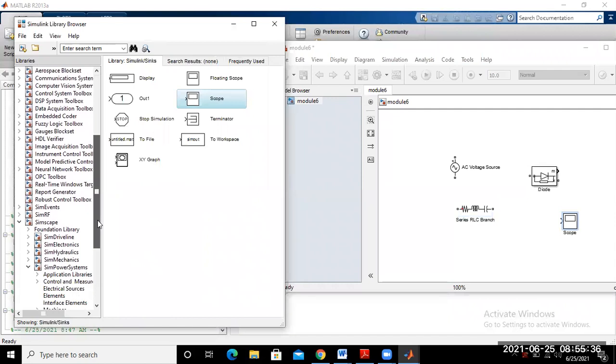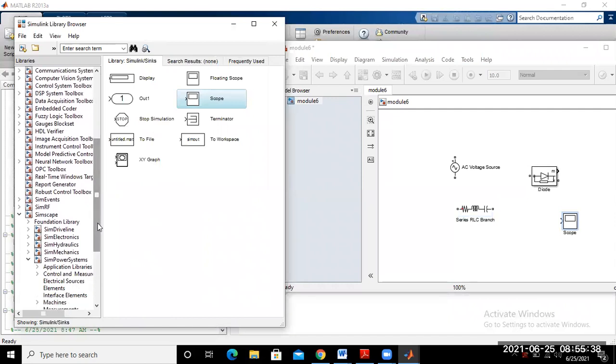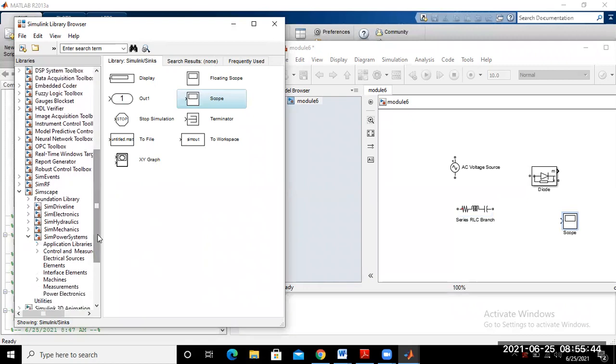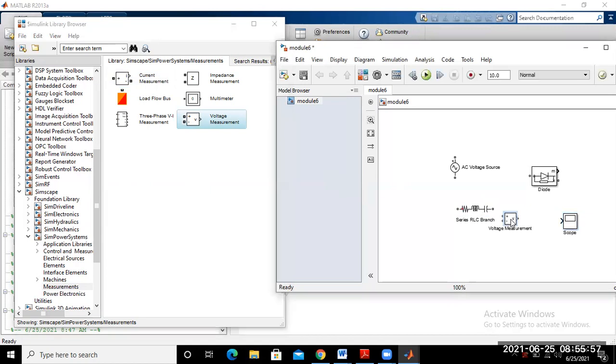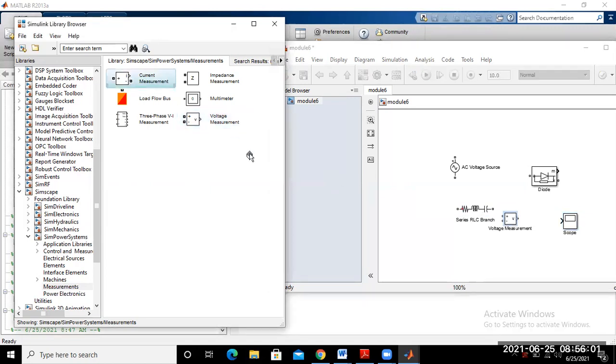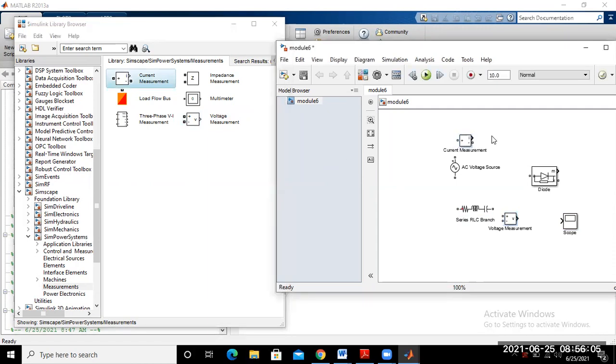For the measurement, again go to Simscape and then measurement. Here the voltage measurement is available, drag it to the workspace, and for the current measurement, drag one ammeter here for measurement of current.